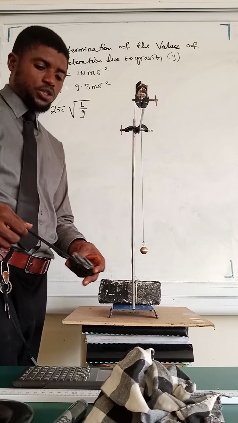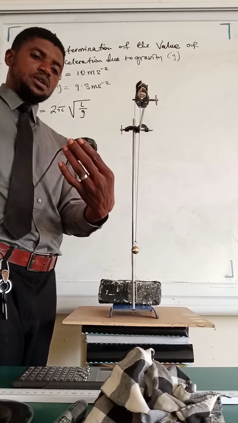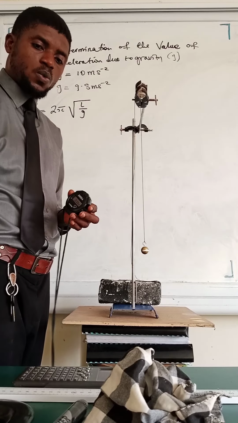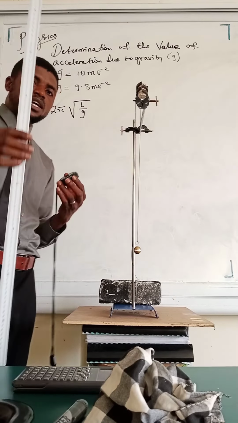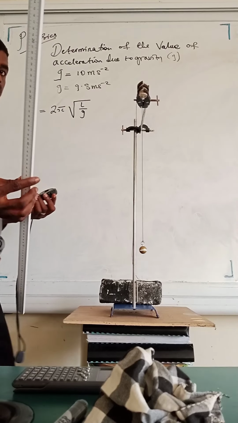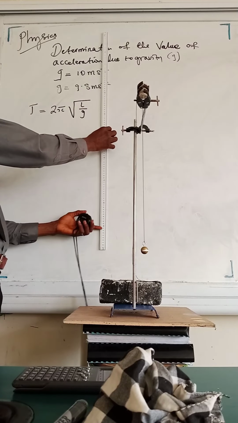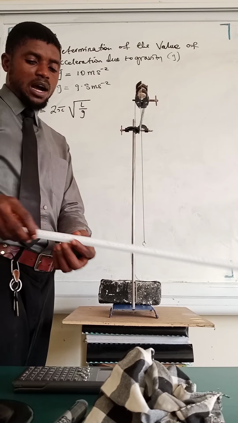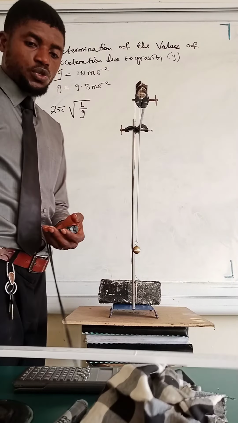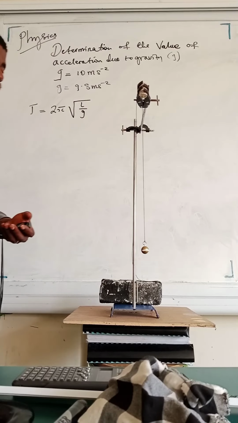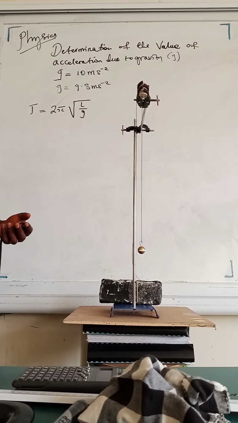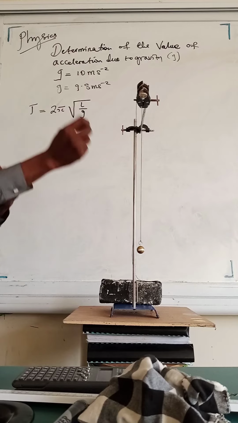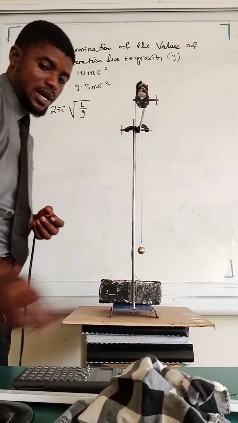We need a stopwatch for this experiment. We need a meter rule. If you have not seen a meter rule before, this is what we call the meter rule. It is called the meter rule because here you have 100 cm. So the parameters we need to measure right now, we are going to measure the length of the thread, and